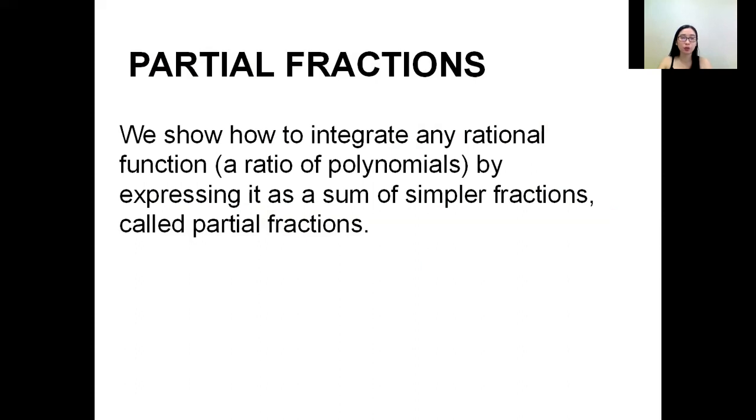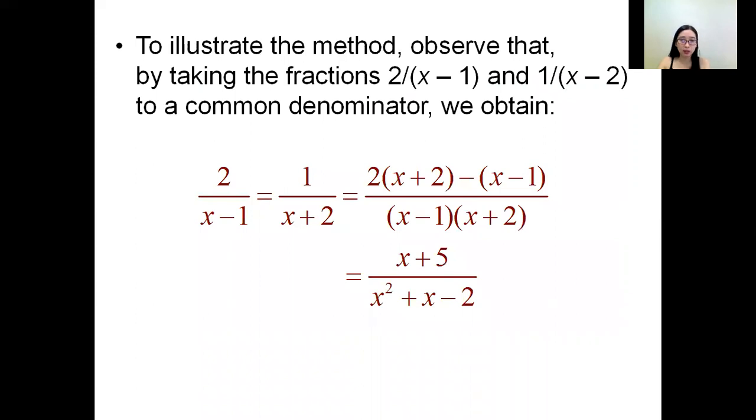So, partial fractions. We show how to integrate any rational function, which is a ratio of polynomials, by expressing it as a sum of simpler fractions, which are called partial fractions. To illustrate the method, observe that by taking the fractions 2 over x minus 1 and 1 over x plus 2 to a common denominator, we obtain,